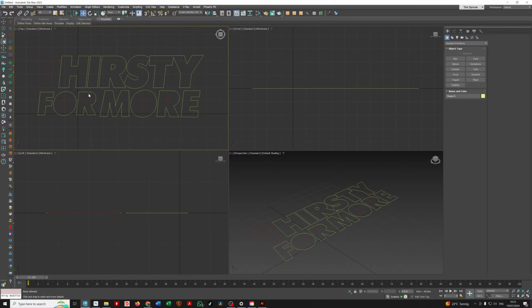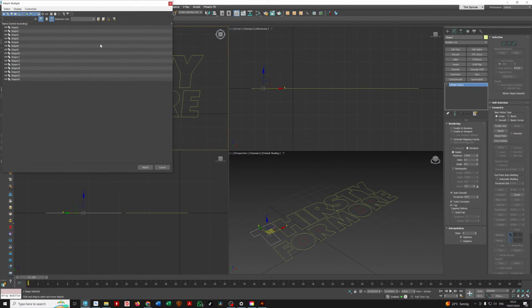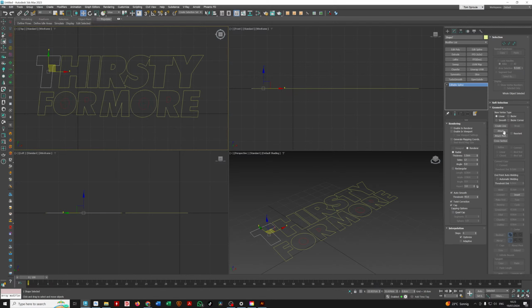And we just delete the extra ones. And then what I'm going to do, and normally when I attach, I would go along and say attach multiple and then just select everything here and attach it. But what I'm going to do instead, because I'm not sure if one of them brought in 3, I don't think it did, but sometimes it can. So I'm just going to attach and click,